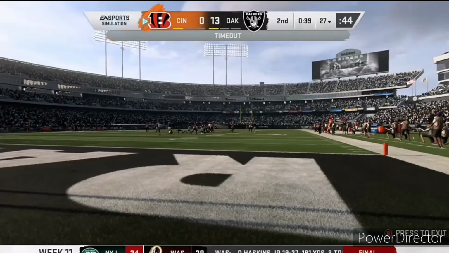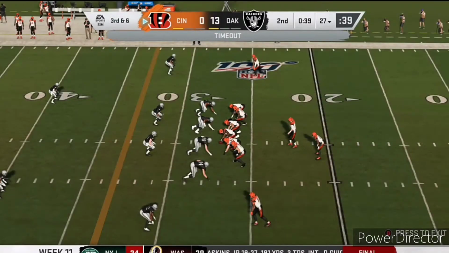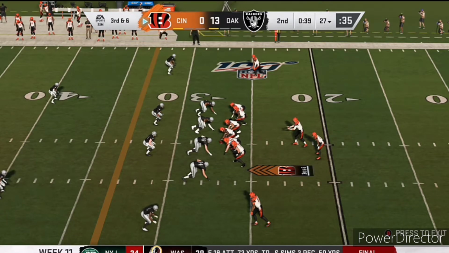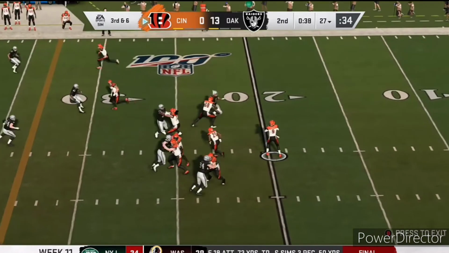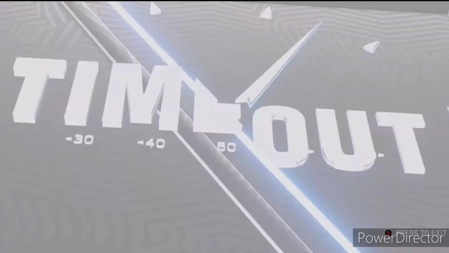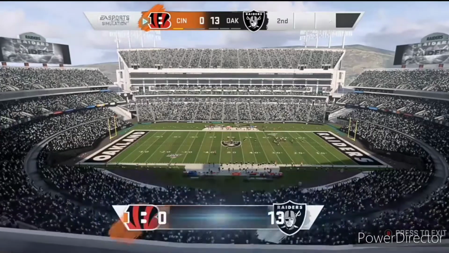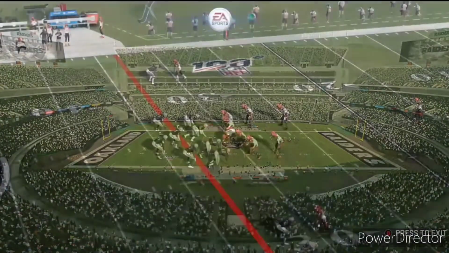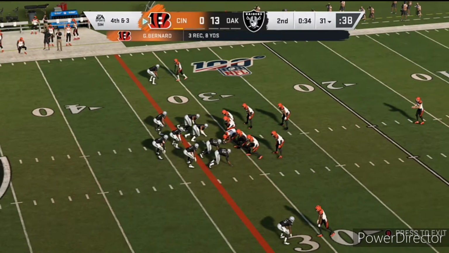So as the Raiders will call their second timeout of the half. Now we make it 3rd and 6 at the 27-yard line, as Burrow will take the snap and he will look and he will find his guy in Bernard over the middle, but he will be well short of that first down marker, as that will make it 4th and 3 from the 31-yard line,